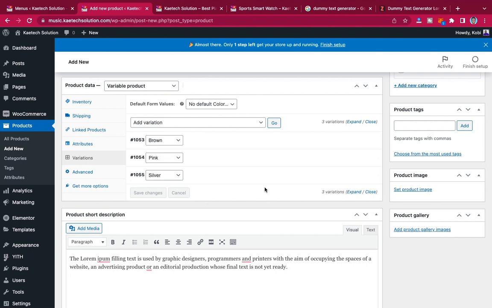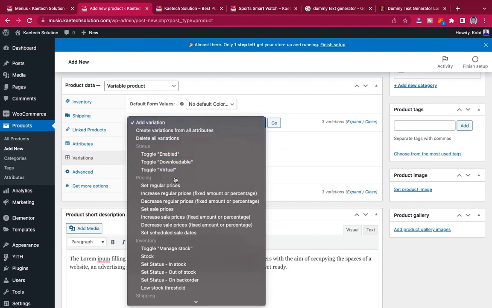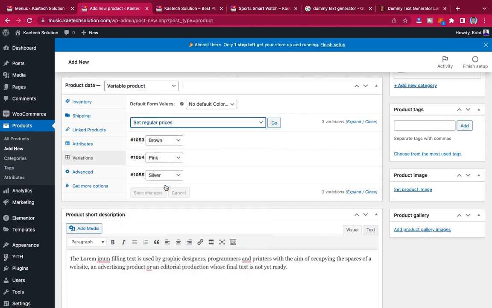Okay, now what if there are so many variations? Do you have to be clicking in one by one? No, you can click over here, and then as you can see, set regular prices. You can set, click over here to